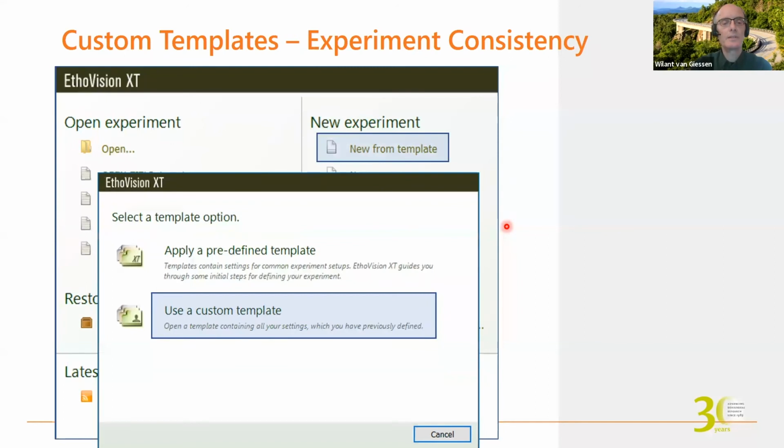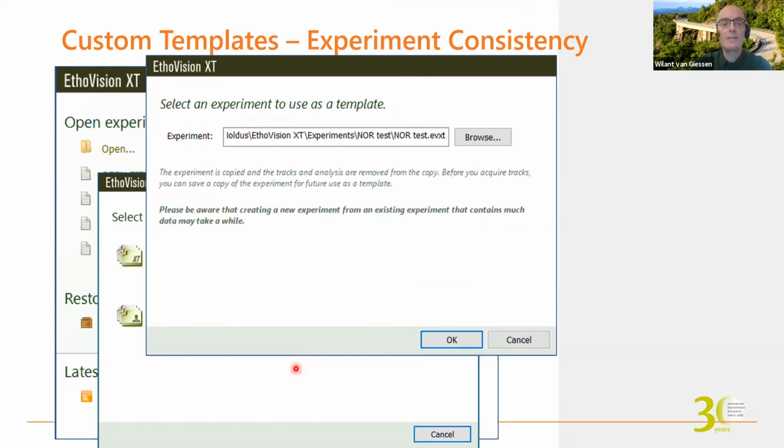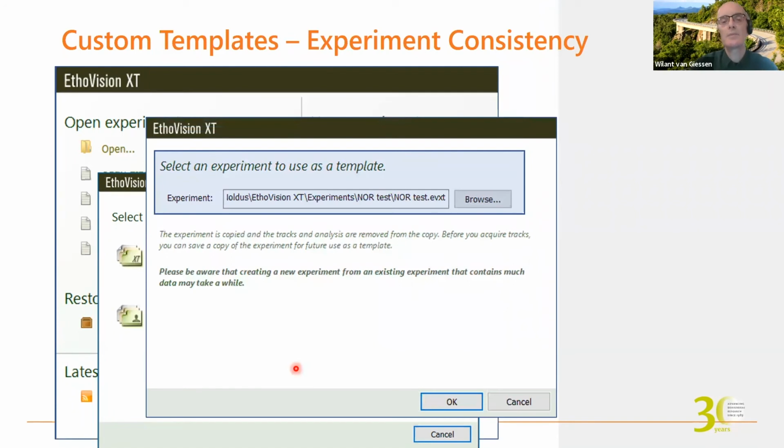Then you have two options. The first one is indeed using the Noldus supplied predefined templates for mostly rodent experiments. But in this case, what I would suggest you do is use a custom template. And that basically means selecting the experiment you did last month because you want to use it now with all the same settings. So you select that older experiment,